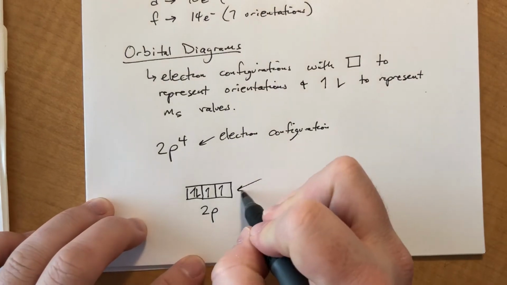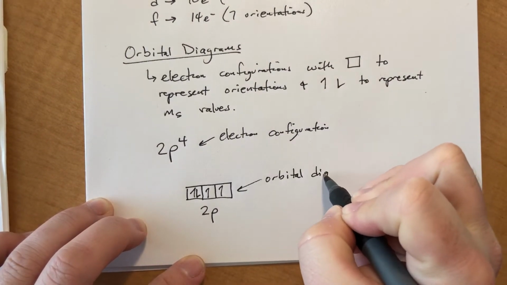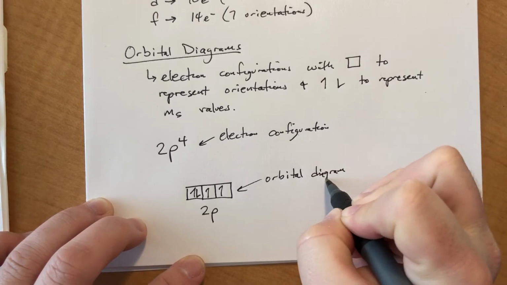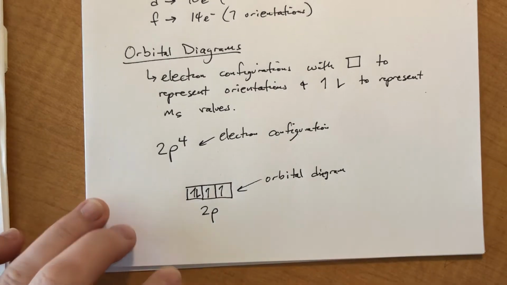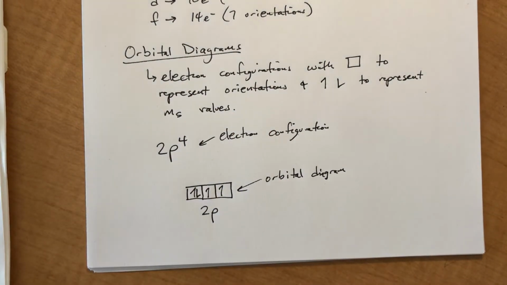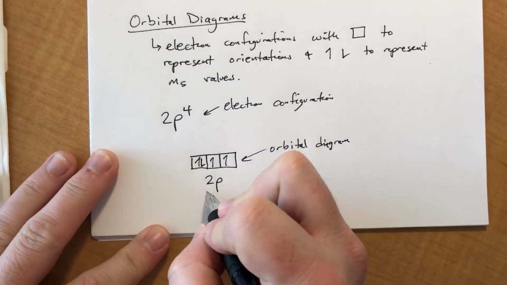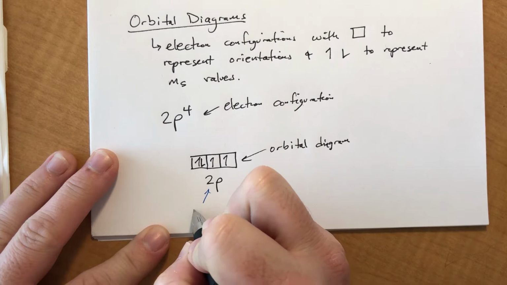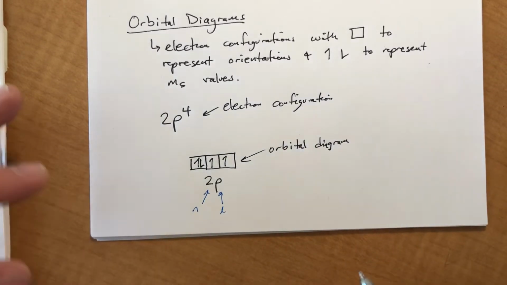Okay, this is the orbital diagram version of the exact same piece of information. Now, we technically can get, for each of these individual electrons, all 4 quantum numbers out of this. It's a little more complicated than just the n and the l value. That part's the same. So that's your n, that's your l. The m sub l,